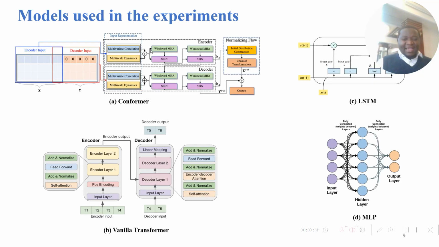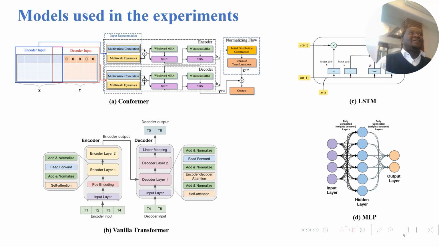So this is how the architecture of the Conformer looks like. This is how the architecture of the vanilla transformer looks like. And obviously you are familiar with the LSTM. One colleague presented largely on the LSTM yesterday. And this is how the MLP looks like. And we want to compare how these architectures will perform, first of all, on time series forecasting, and also with respect to